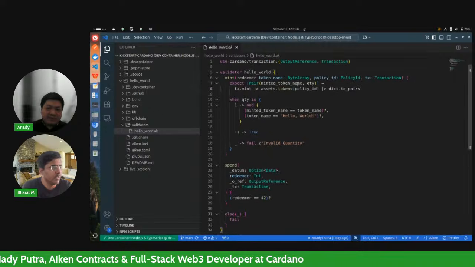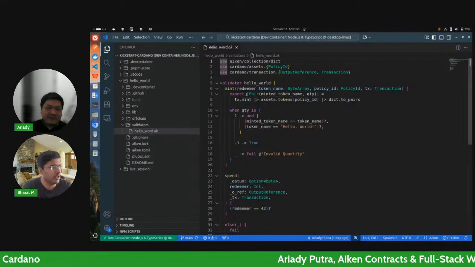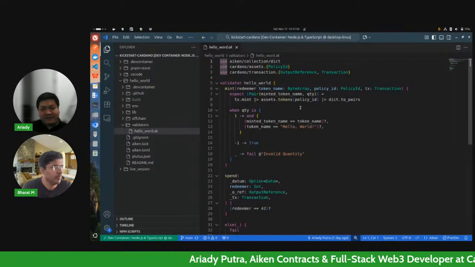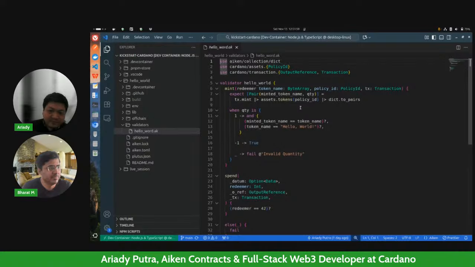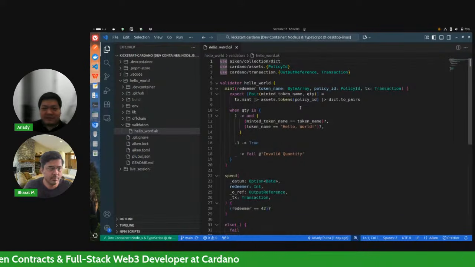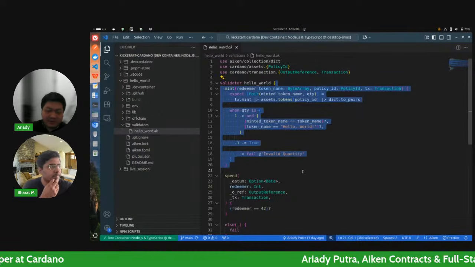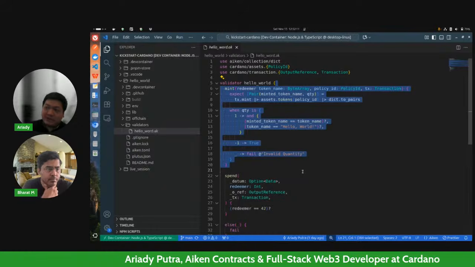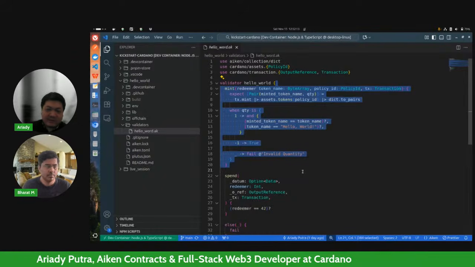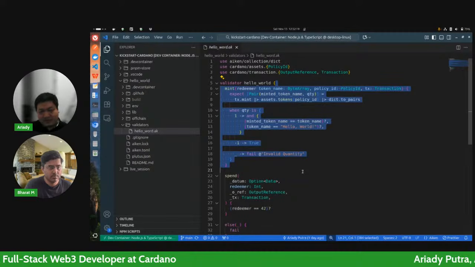Ariady, just a request. Could you help them understand what this on-chain and off-chain aspect is a little bit? All right. So in blockchain development, we have the on-chain part and the off-chain part. The on-chain part is whatever logic that we put in our smart contract, and the off-chain is where we interact with the smart contract that we have already created. I hope it will be clearer once we do the thing.